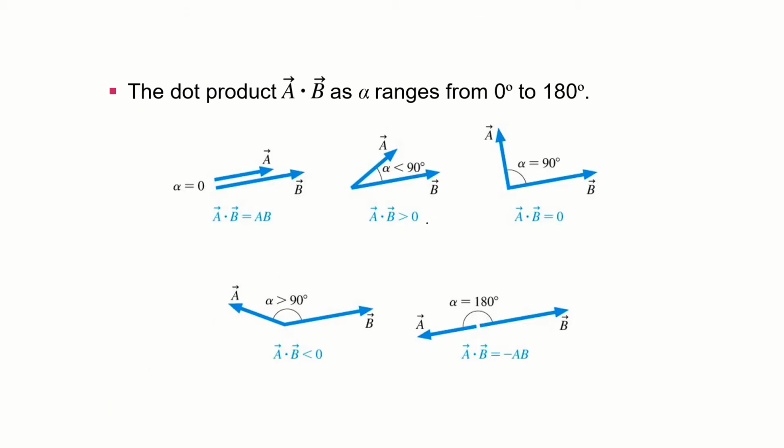And you can see how this is consistent with everything we saw with work. If we have two vectors that are parallel, in the same direction, it's just the magnitudes multiplied together. If they're at some angle between 0 and 90 degrees, it's going to be positive because that cosine theta is going to be positive. And essentially, we're looking at exactly what we were looking at with work. Remember, work done by a constant force was force times delta r, the displacement, times cosine of the angle between them.